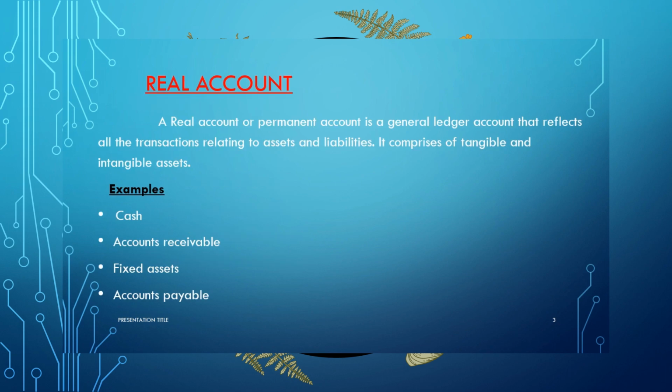So let's begin with the first type of account, that is real account. A real account is also known as a permanent account and it consists of all the assets and liabilities. Real account mainly comprises of tangible and intangible assets. So tangible assets are the fixed assets of the company, that is a tangible asset has physical existence and can be touched. For example,